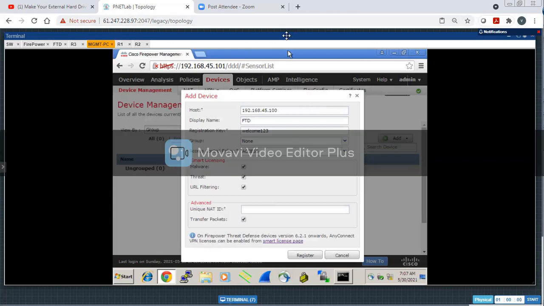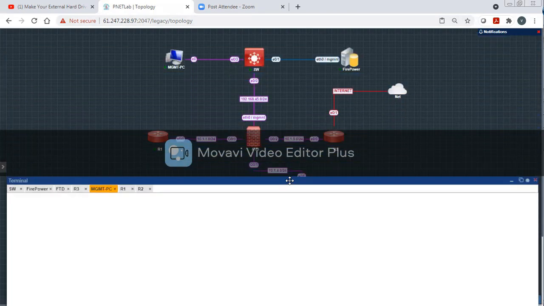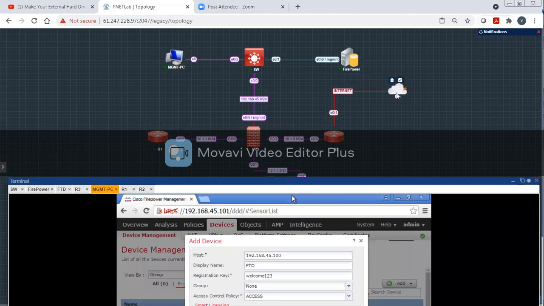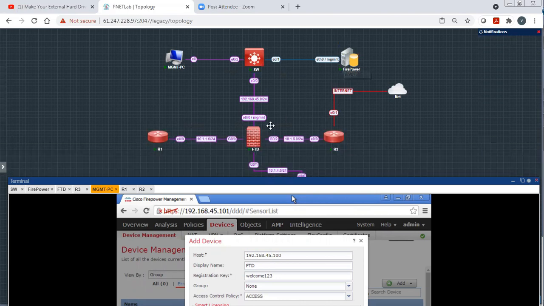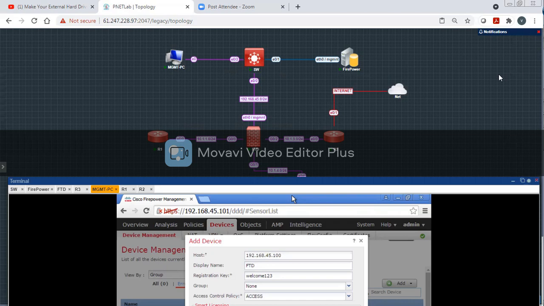Let me give you an example here. So this is the internet cloud, right? Right now in our setup, behind this cloud, we have FMC and FTD here. But imagine a situation wherein you have FTD across this internet cloud. So that is a different network basically, but we want to keep it under the same administrative control.